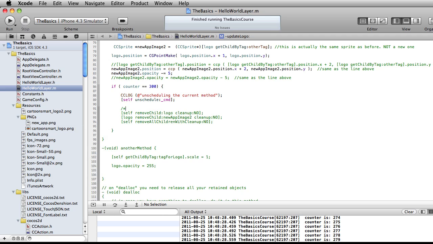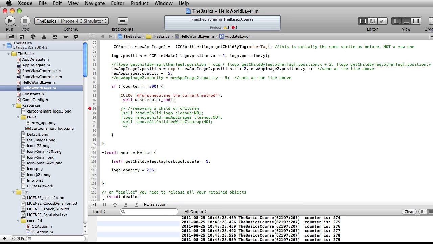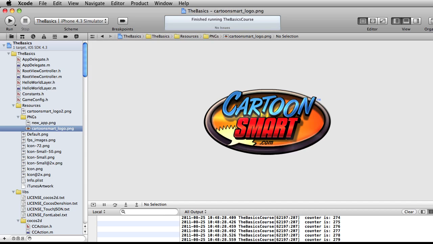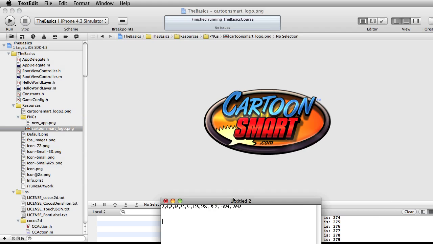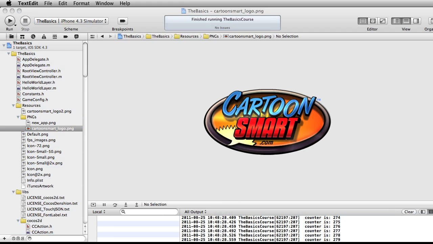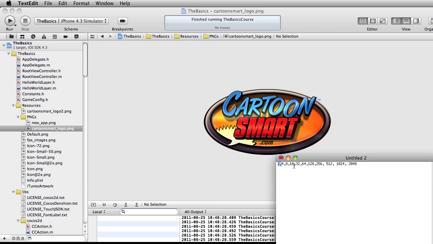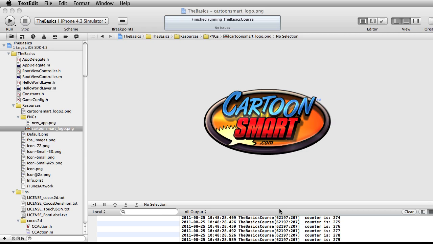Let's go ahead and just comment this out. And obviously, as you saw, when we removed the logo, it got rid of any children inside of it. Okay, so it got rid of that new app image too, because remember that one is tucked nicely inside of there. By the way, one thing I did, and I should have probably mentioned a while ago, is for this source image here, I made this a power of 2, meaning the dimensions for this are either 2, 4, 8, 16, 32, 64, 128, 256, 512, 1024, or you can even go with 2048. This image, I believe, is 512 by 256, and